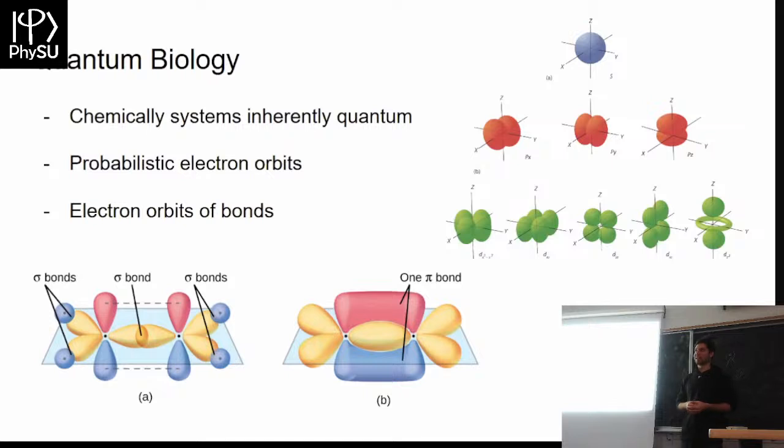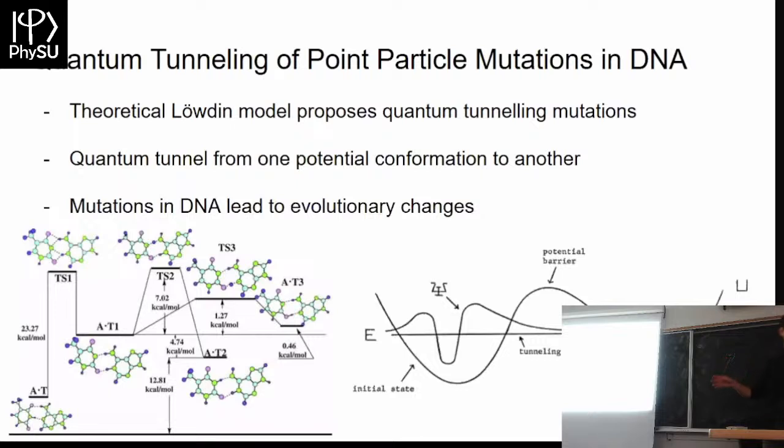That's, of course, because quantum mechanics is very difficult to observe in a biological system, given how much just kind of stuff is around, right? It's much easier to observe quantum mechanical systems when they're sterile or sort of separate, not with all these other molecules surrounding it and under a microscope or something. It's much more difficult to observe. And as far as we're aware, there's very few instances or even possible instances of these systems intentionally engaging with quantum mechanics. One possible one I'd like to discuss is a theory for point particle mutations devised by Lodewin